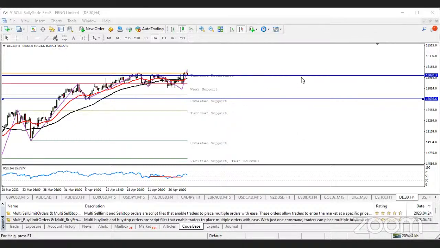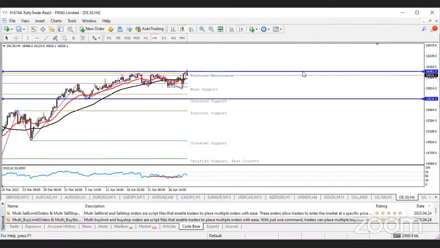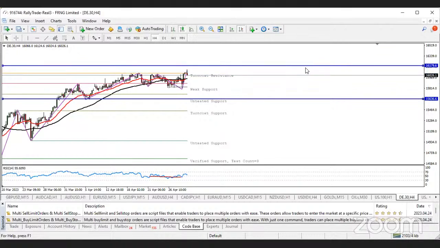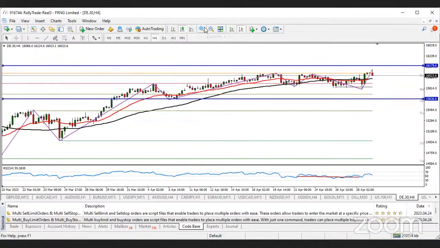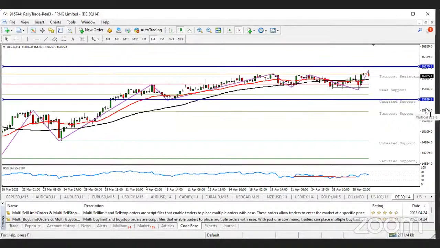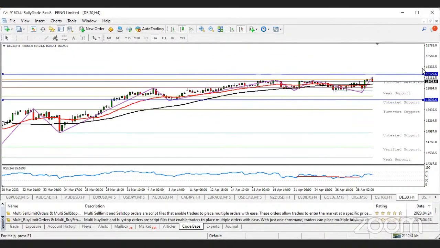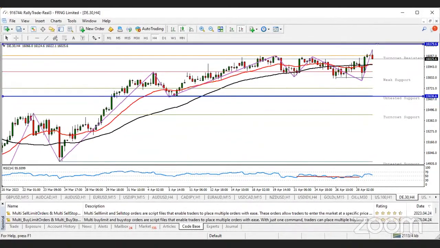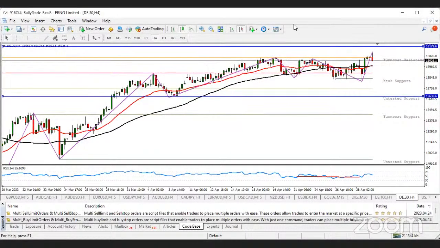So if you're a long-term trader and you're looking at entering a trade on DE30, wait for a breakout, when it trades above this turncoat resistance. You know that turncoat resistance has been a very strong resistance, resisting price. You can see the candles there are not very big. They are struggling. So if it breaks above that turncoat resistance, then you should be looking forward to a buy trade. I hope you can see this.